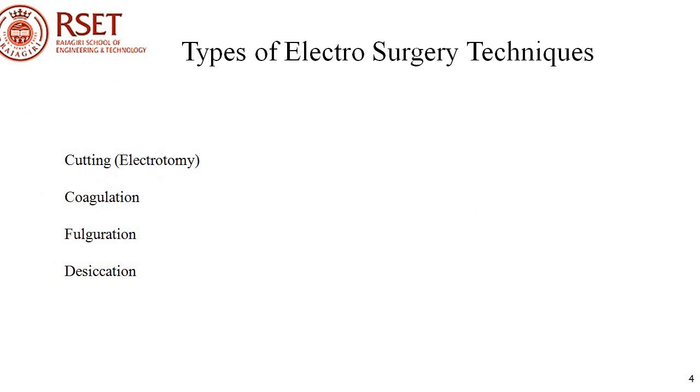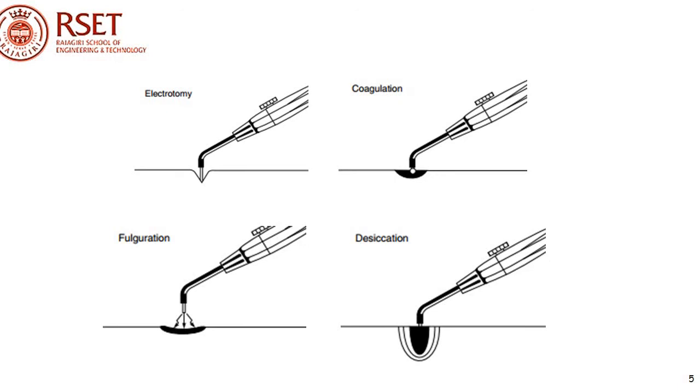The four types of electrosurgery techniques based on this principle are cutting or electrotomy, coagulation, fulguration and desiccation. When high frequency current flows through the sharp edge of a wire loop or band loop or the point of a needle into the tissue, there is a high concentration of current at this point. The tissue is heated to such an extent that the cells which are immediately under the electrode are torn apart by the boiling of the cell fluid. This type of tissue separation forms the basis of the electrosurgical cutting.